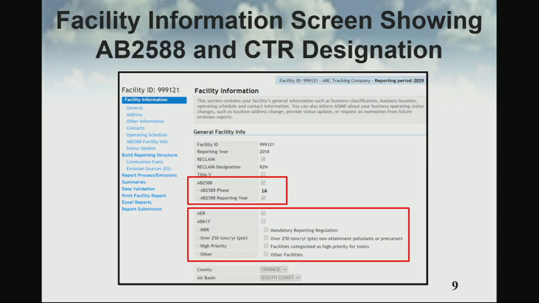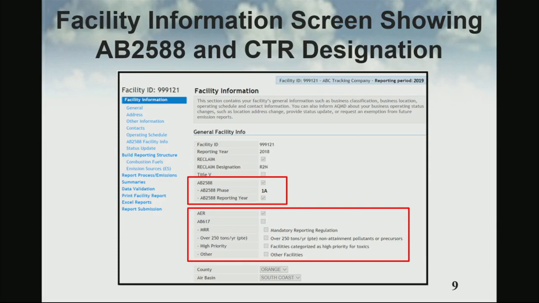Again, I said that you have to report once every 4 years a longer list of toxics, so there are 4 phases. If you are in the phase for that year, then you will be subject to the longer list of toxics.